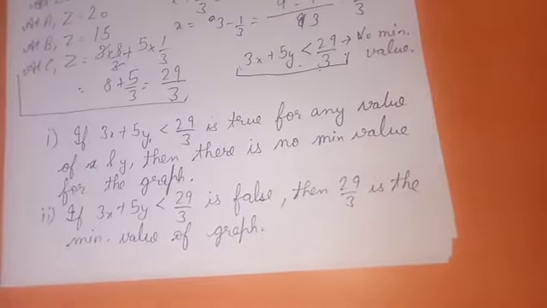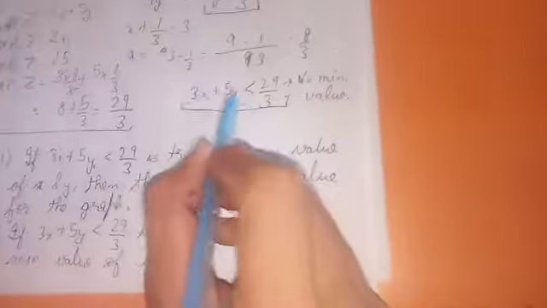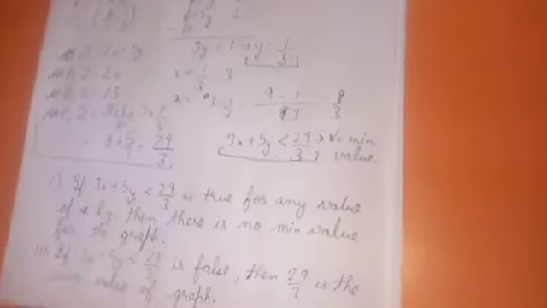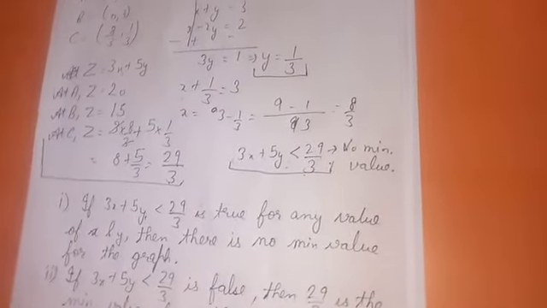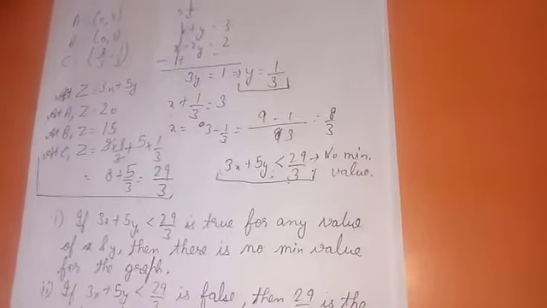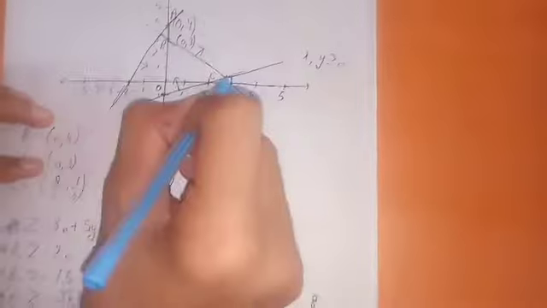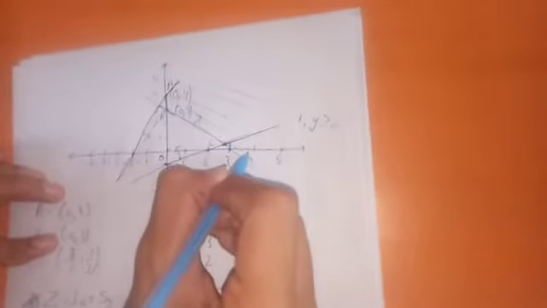Okay, similarly, first of all, we'll put this equal to 0. Then for any value of x, we'll find the value of y. Like we have found the other constants, similarly we will find here, and we will get a line in this way, and that line we will draw dotted.